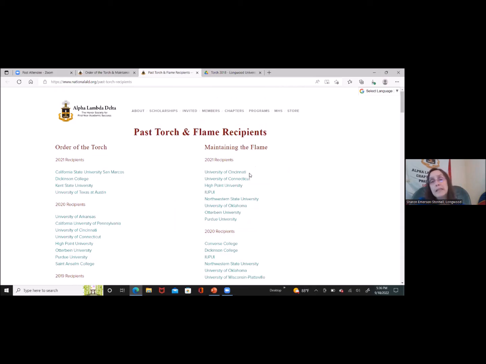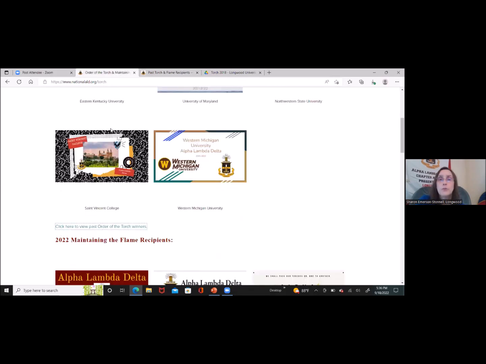And maintaining the flame is the exact same criteria as the Order of the Torch. So once you've won the Order of the Torch, you can just keep doing it year after year. And the wonderful thing as you go through this is it keeps the incentive going on. And a lot of times it'll actually build yearly activities that'll just automatically start to happen because of what's going on and the continuity that you're